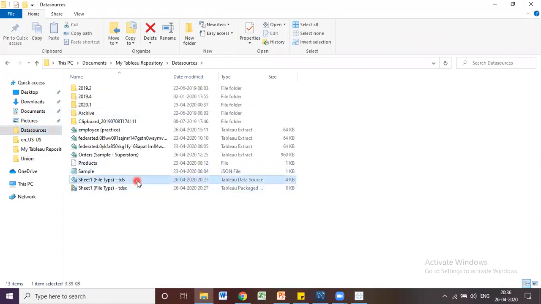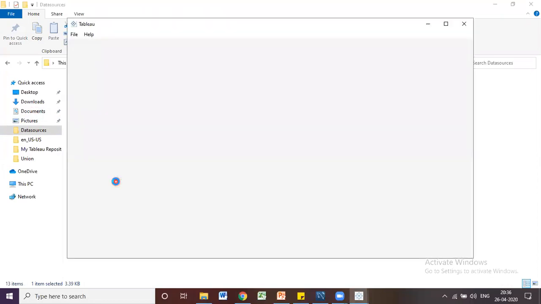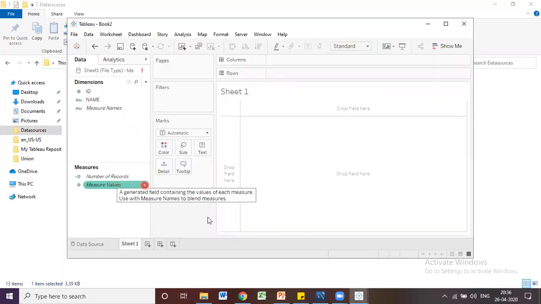This file you can share through mail or through any shared location. So he will download it and open this file. Once he opens it, what will it show? It will show the file is missing, or if he has the Excel file we have created in the same location under data sources, then he can open it. But if he already has the file, why would we need to share?